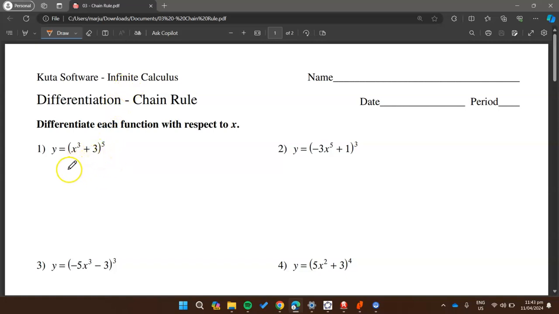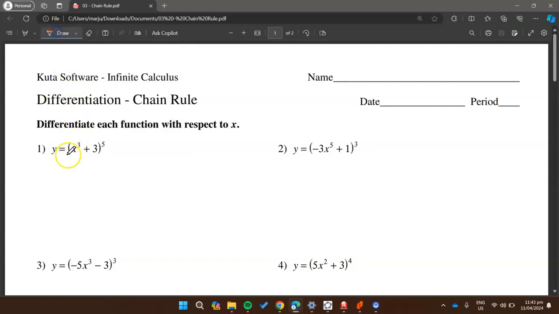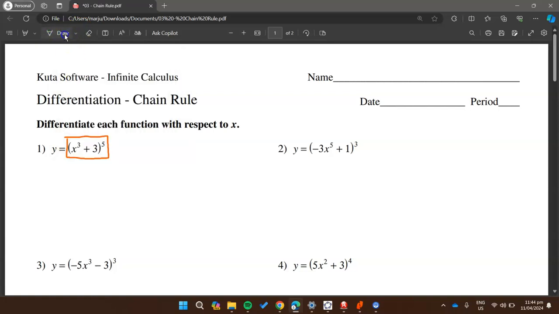We cannot make use of the simple product rule or the power rule when we are dealing with this problem. So again, we are going to make use of the chain rule. Now, the chain rule states that to get the derivative of this function, we need first to get the derivative of the entire function and multiply it to the derivative of the inner function. Alright, to understand what I mean by that,